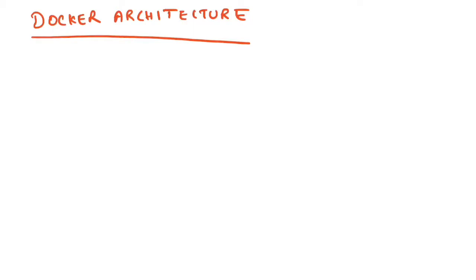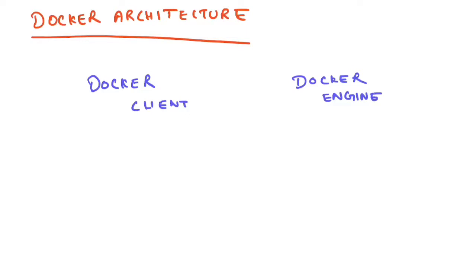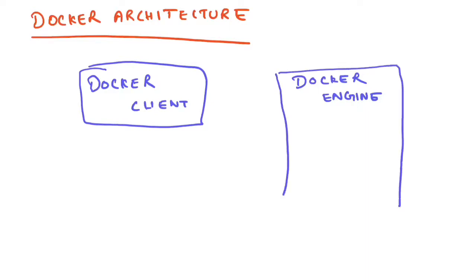So at a high level, Docker has primarily two things. One is the Docker client, and the other one is the Docker engine, and we will talk about both in detail, like what each contains internally. So you have Docker client here and you have Docker engine here. Docker engine is the main backend engine of Docker, which does all of the things, right? And Docker client, as the name suggests, is the client only, which takes the instructions from you and passes the instructions back to the Docker engine, and the core part is done by Docker engine in the background.